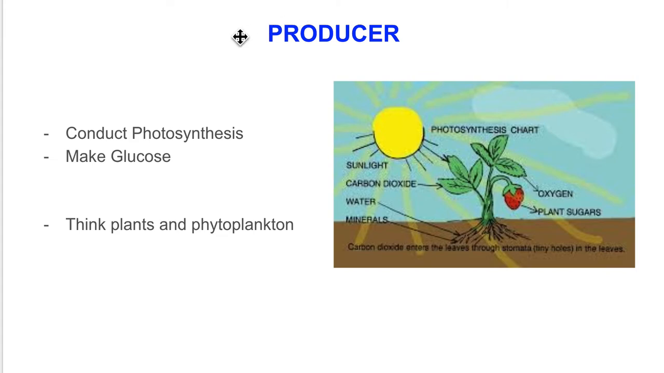Our next word is producer. This is a very similar word to autotroph. Producers are your plants, right? They're the ones that conduct photosynthesis, they make glucose, and hopefully you guys remember photosynthesis. What goes in is water goes into the roots, carbon dioxide goes into the leaf. The plant uses sunlight and it turns that carbon dioxide into sugar called glucose, C6H12O6, and then also oxygen is